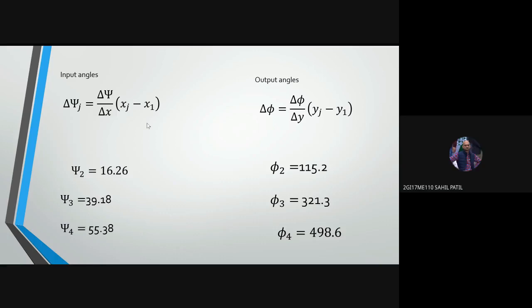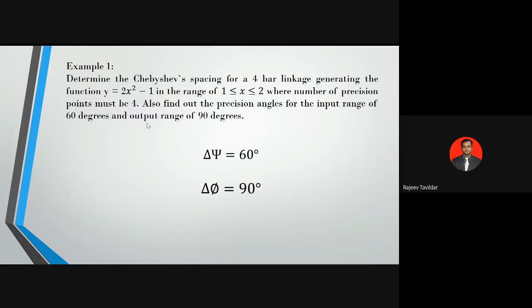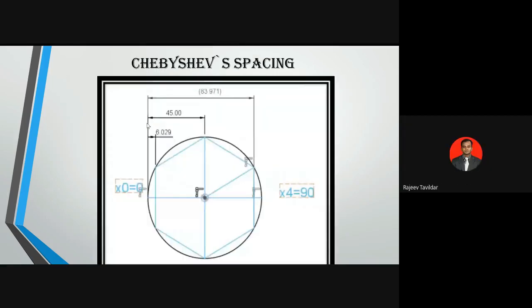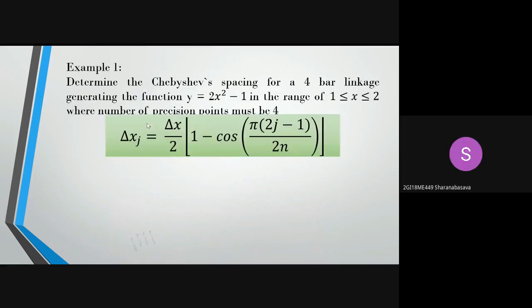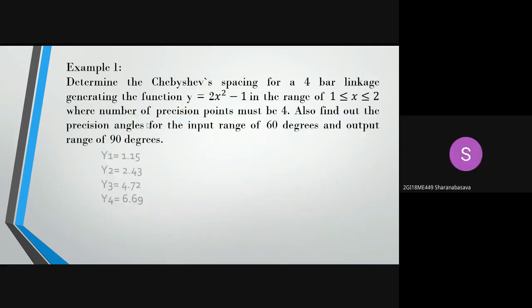Everyone, so what should be delta y? Sir, what is delta y? Yeah, very good question. Delta y, you guys have found y1, y2, y3, and so on, right? That is y4 minus y1? No. See, for x, how did you find the range delta x? It is maximum minus minimum, 2 minus 1, right? What was 2? 2 is nothing but our x5, and 1 was our x0.